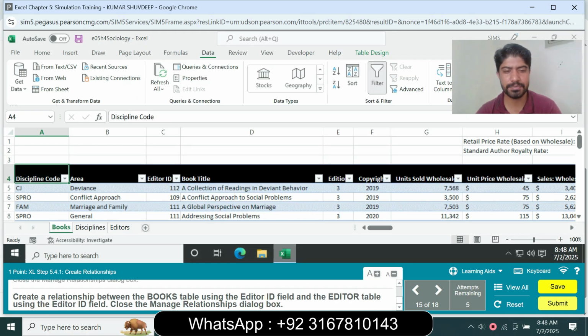Next, create the relationship between the Book table using the Editor ID field and the Editor table